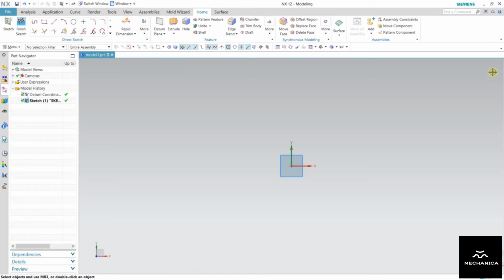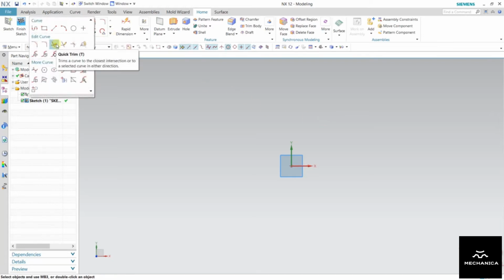And so you can find this option. Right now I am in sketch mode. So I go to the sketch curve, click on this arrow, and here you can see the option quick trim and then quick extend. So we will learn about them. Before using this trim option, first of all we need to create some sketch.